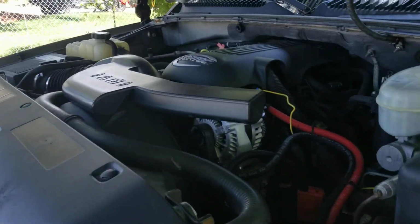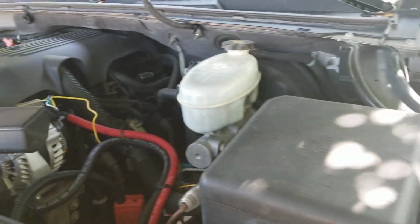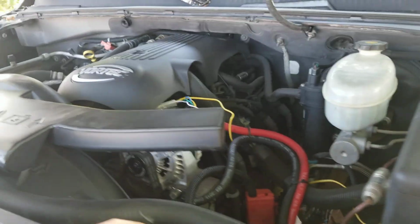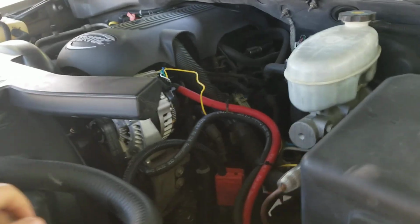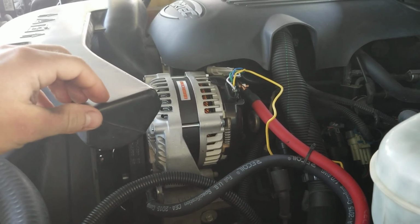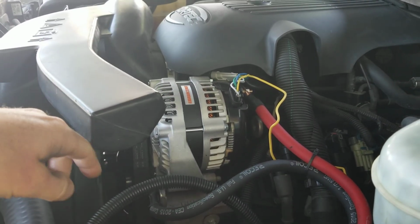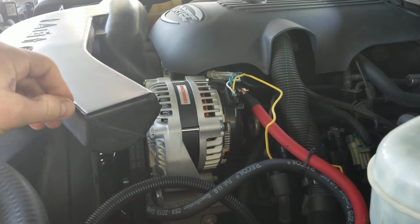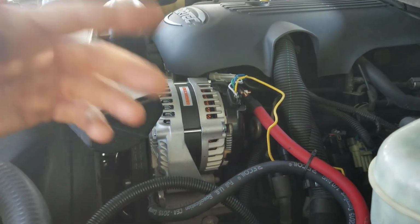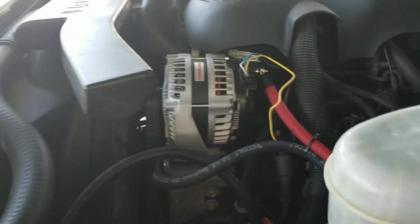So yeah, I would jump myself and get it up and running, and she'd run for another couple days like normal. And then my battery would go dead again. So I took it into AutoZone. They threw their little tester thing on there, and they said I had a bad voltage regulator on my alternator. So I didn't want to just replace with a stock alternator. And coincidentally enough, the alternator I had bought from them, they couldn't find my purchase in the system, so I couldn't warranty out the alternator. So I was like, alright, well, screw you guys anyways, I'm not going to put another